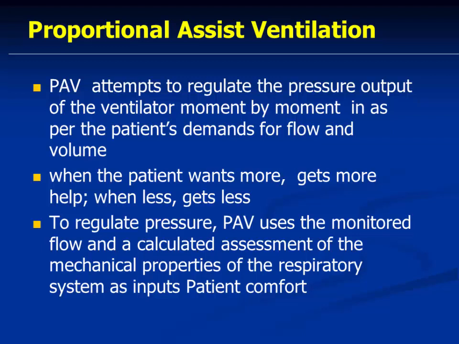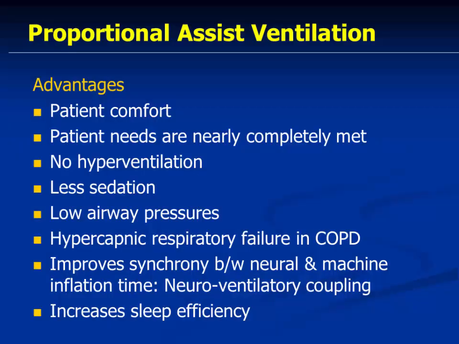PAV attempts to regulate the pressure output of the ventilator moment by moment as per the patient demand for flow and volume. When the patient wants more, he gets more help. When he demands less, he gets less. To regulate pressure, PAV uses the monitored flow and a calculated assessment of the mechanical properties of the respiratory system as input. So the advantages: patient comfort, patient needs are nearly completely met, no hyperventilation, less sedation, less airway pressure, hypercapnic respiratory failure